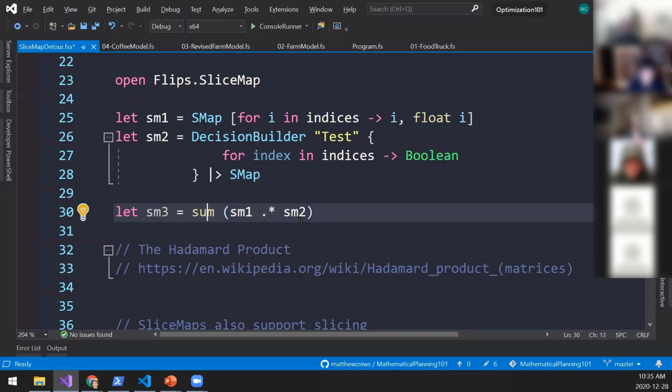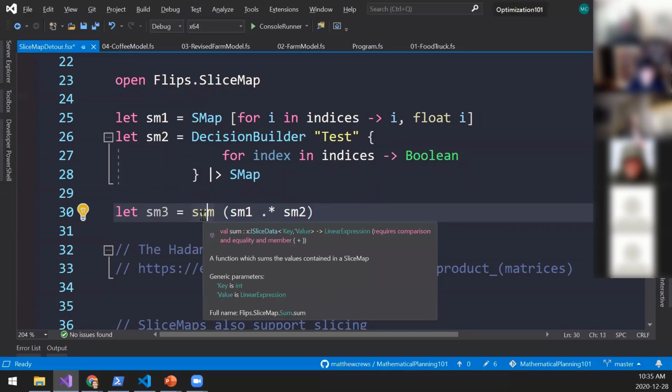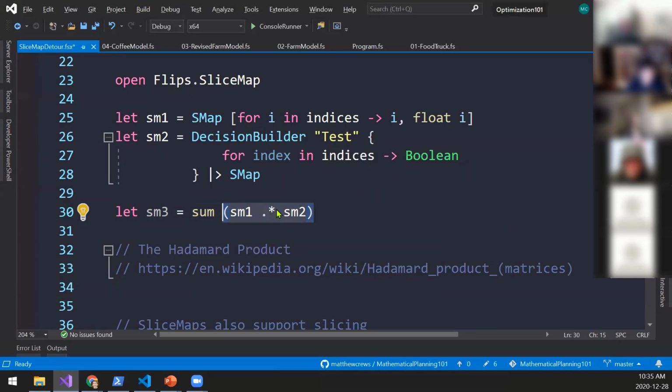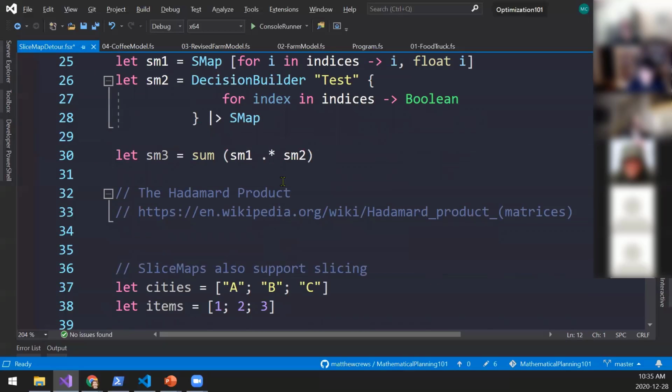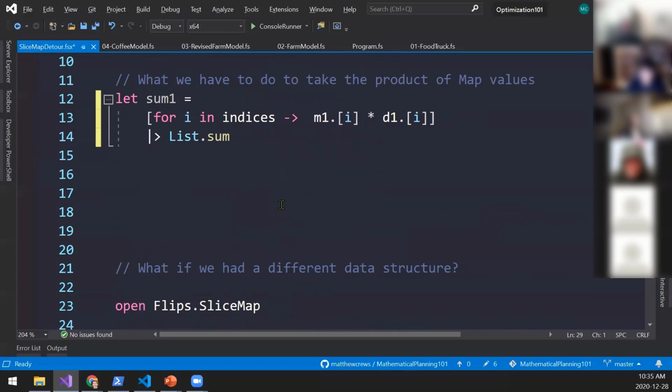And then there's also a sum function which is added, which knows how to work with all the slice maps, saying, this is done so much, we're going to make it easy on you. Sum the inner join product of the values of these two slice maps and put that all together. So instead of having to write this all the time, you can write this. It's a bit more straightforward, and it takes care of the joins for you, so you don't have to worry.